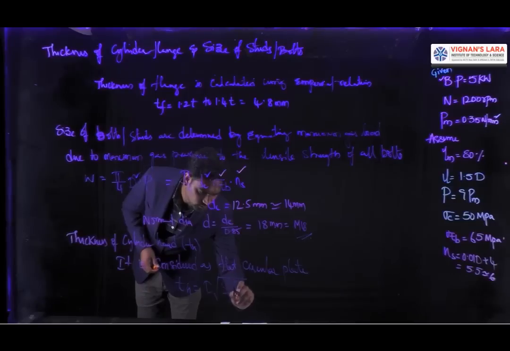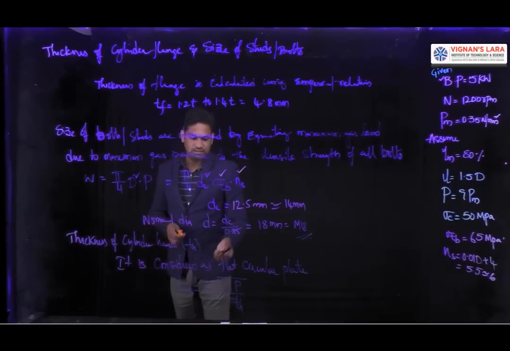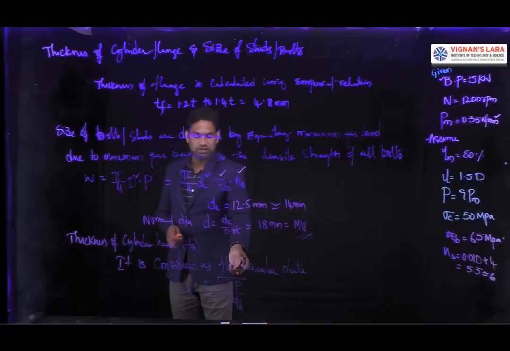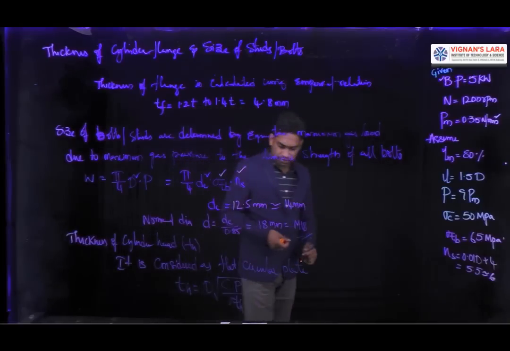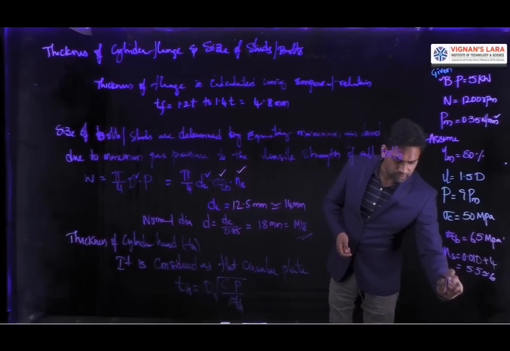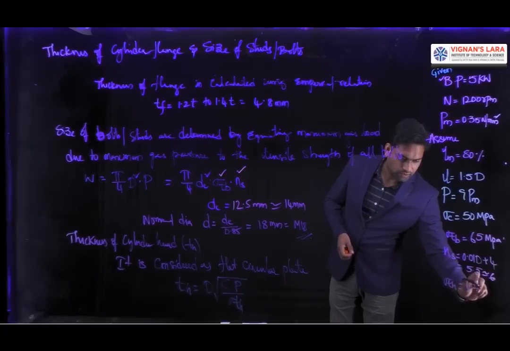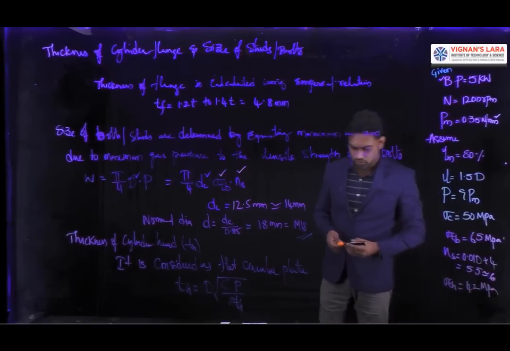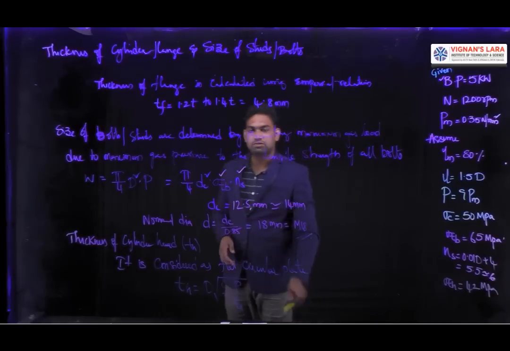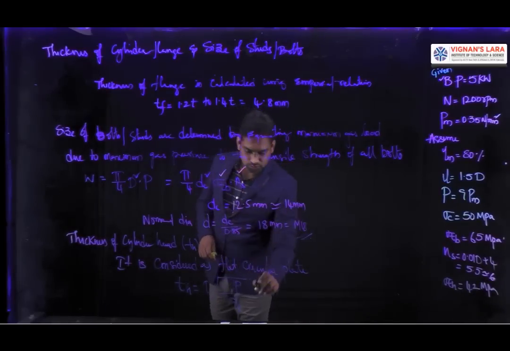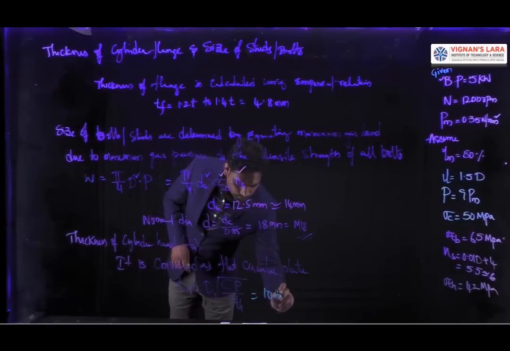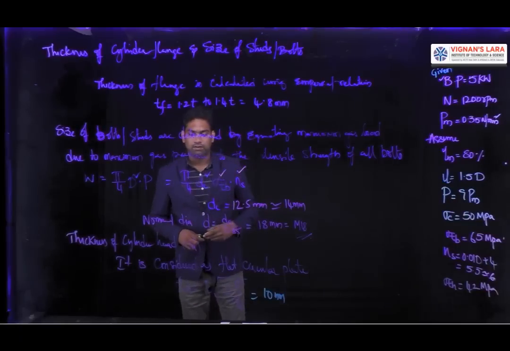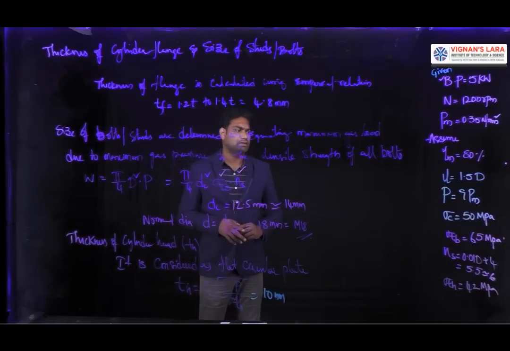Again the value of C is constant, we know that the pressure is known and D is known, but the tensile strength for head material is not given, that you can assume here. So here I am assuming sigma TH as 42 megapascal, that is 42 Newton per mm square. Clear? So substituting all these values, I may get the thickness of head as 10 mm.